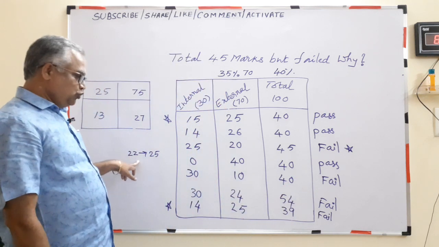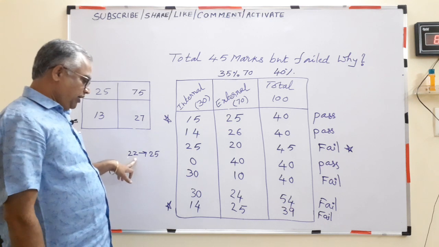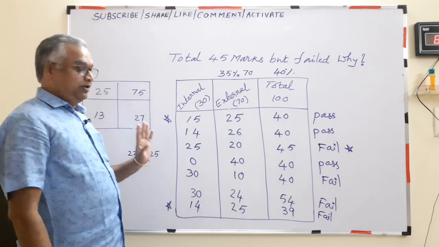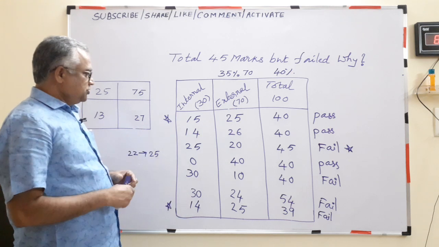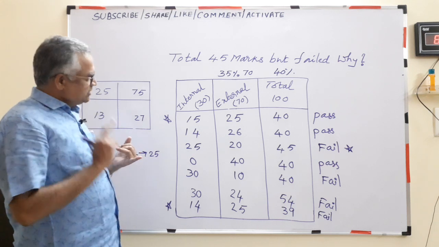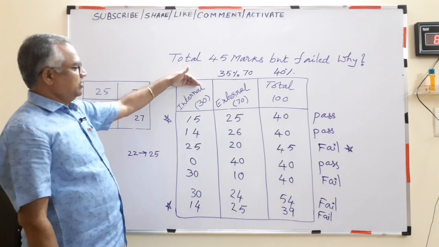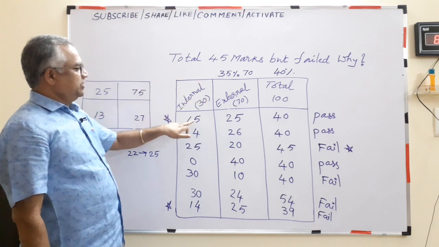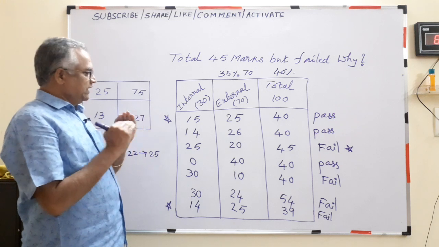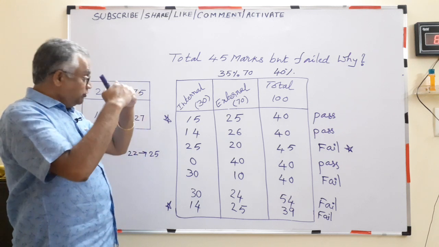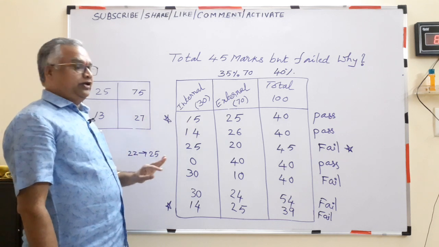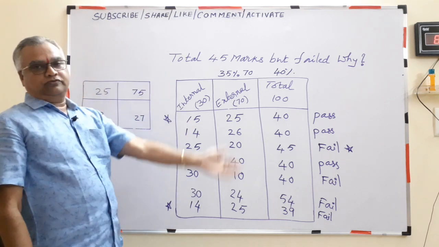So the fault is with you. You got 22 only. Internal 14 only. Okay, be careful. So what is the conclusion? Everyone should compulsorily get 50% of internal. 50% of 30 is equal to what? 15. So at any cost, your subject internal marks should not go below 15. Compulsorily you should get 15 and above.